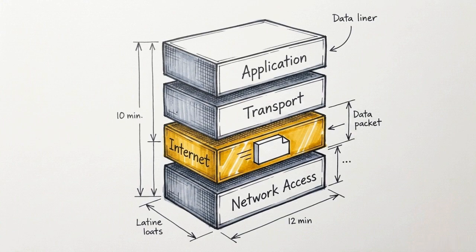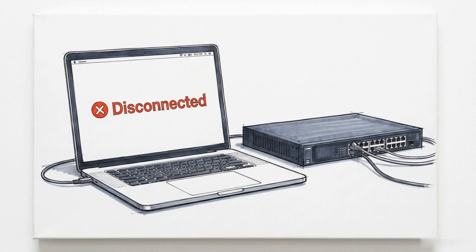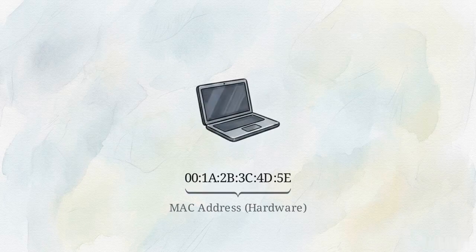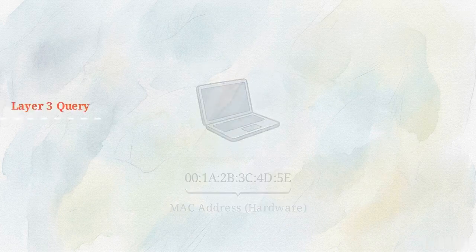The foundational rule of the TCP/IP model is strict. To communicate across a network, a device must possess a mathematically valid IP configuration. This creates a logical problem. A new device needs an IP address to communicate with the network, but it must communicate with the network to request that IP address. Upon initial connection, a client possesses only a hardware-level MAC address. Without an IP, the device is invisible at Layer 3.